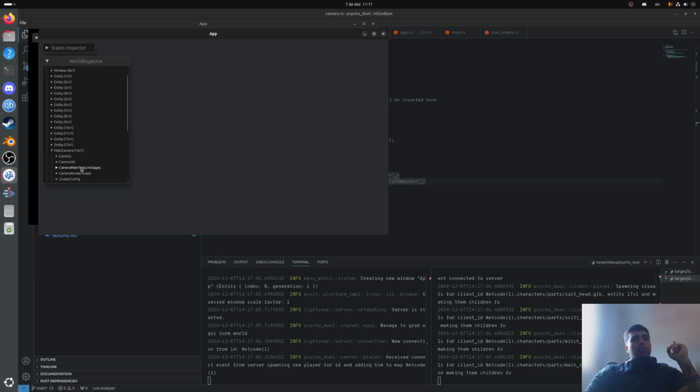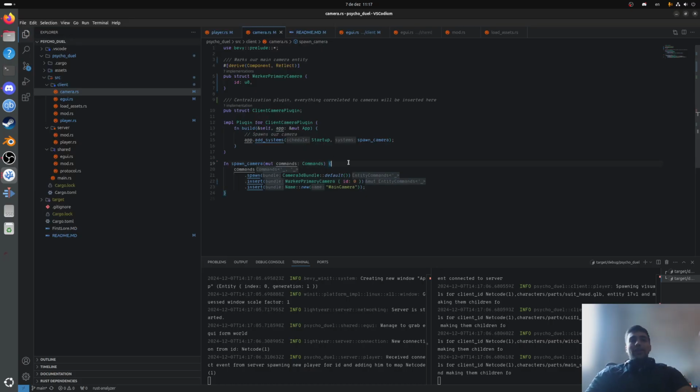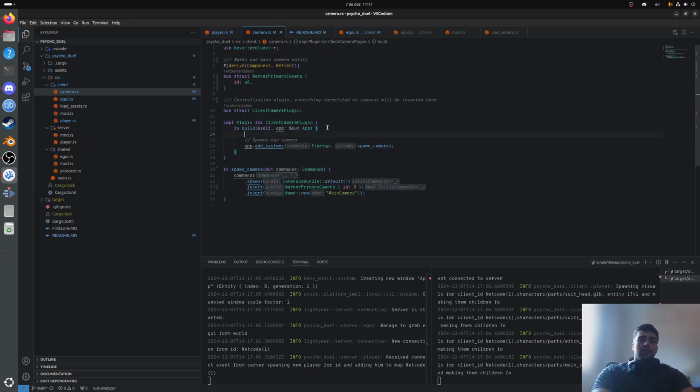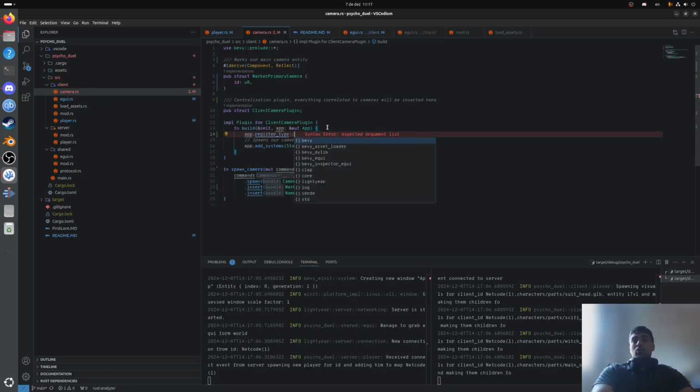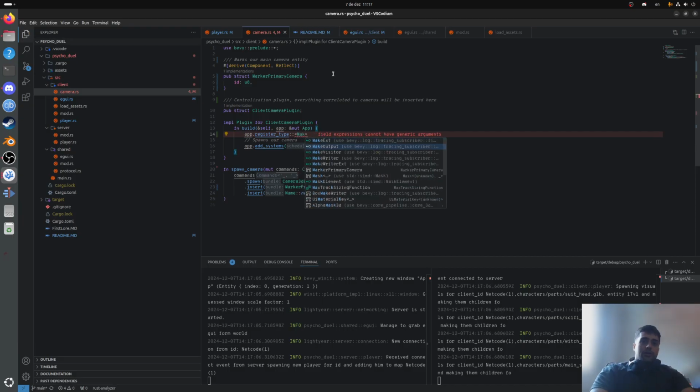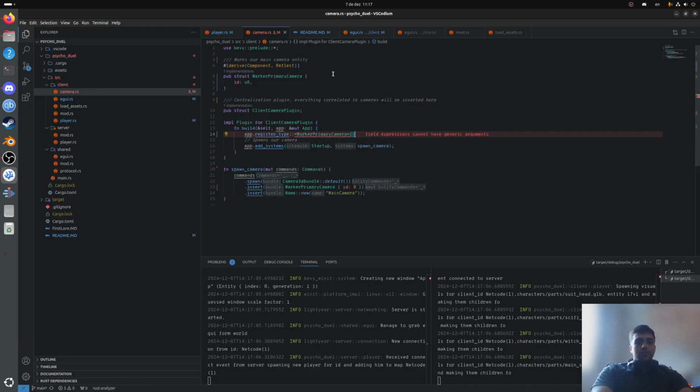But you're going to see here, when we grab the entity called main camera, it's going to give this little thing here. Oh, it's not registered. You're not going to see its fields because it's not registered. So to actually see the fields, you need to do something like this. You see, it's really easy. Register type. What does it mean, register type? It's basically registering this type of ID here. You do this marker primary camera, which is our struct, and we register the types inside of our struct. And now, if we rerun this,